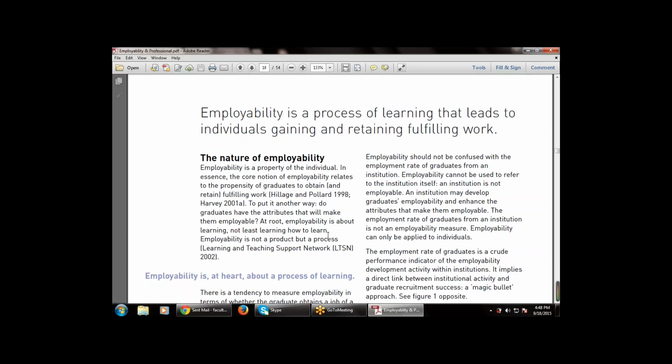Employability is all about the learning, not least learning how to learn, but it is not a product, but a process. It is not anything that you can change, that you can set, that you can take. No, it is a process, an ongoing process. That is employability. Because whenever you are working for some employers, your target, say sales or production, all